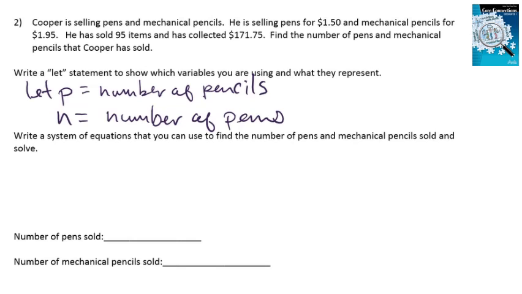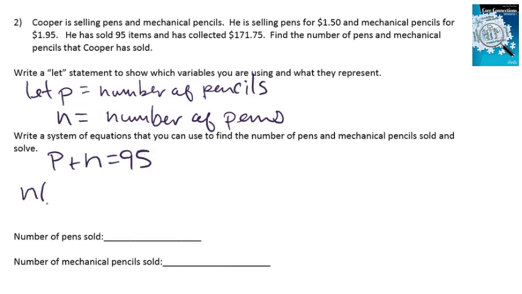Okay, so there's two equations I can write. One of them deals with quantity and the other one deals with value, right? It's certainly the case that if I add up the number of pencils that I sold plus the number of pens, I would get Cooper sold a total of 95 items. The other equation does involve value, and I think that the pens, which we are representing with the number n,